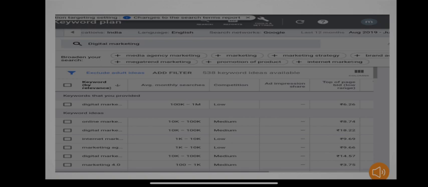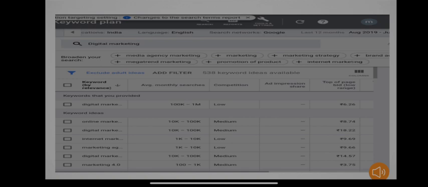So whenever users are trying to search something about digital marketing, they will not only type a single word. It is possible that they are going to type some different queries. In the second column you can see the average monthly searches of a particular keyword, here only for the single keyword digital marketing. This keyword has 100k to 1 million searches on average in a month, and the competition of this keyword is very low.